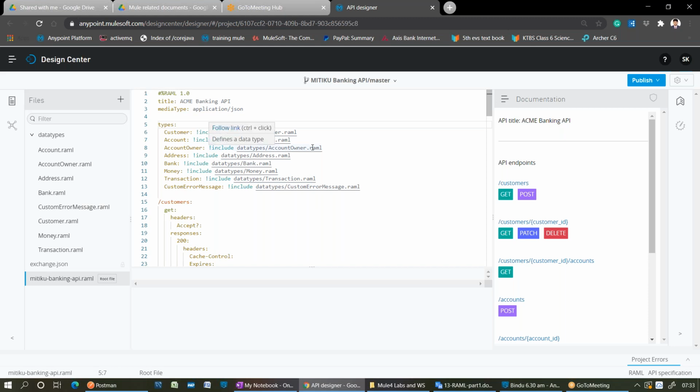Now, right now I am in a developing stage. In the developing stage, I want to get feedback from a client. Right now, I want to share this API with my client. The client is an external party. If I publish this API onto the exchange, it is for internal use. You know that already, right? So for the same application, same API, if you want to share it with an external client, how will you share it? Public portal. Very good. From the exchange, you can share it onto the public portal, right?